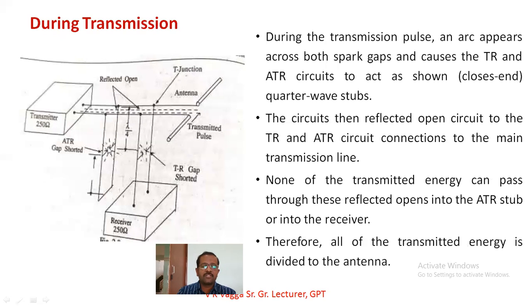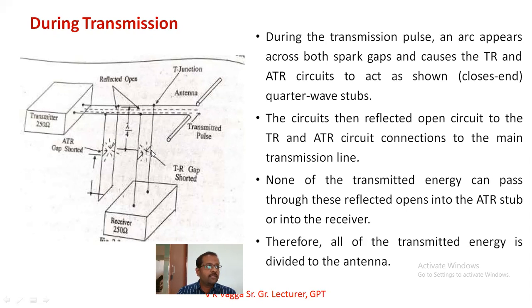If this end is also closed, whatever signal is transmitted by the transmitter is going to flow towards the antenna. It is to be represented with the dotted line here. Okay, able to see? During the transmission pulse, an arc appears across both the TR and the